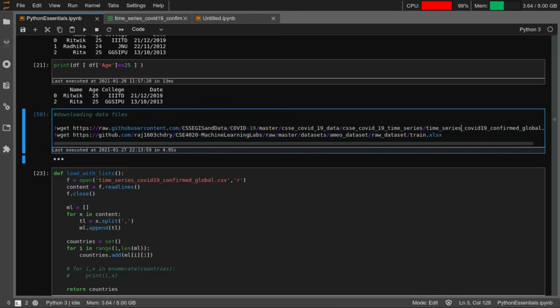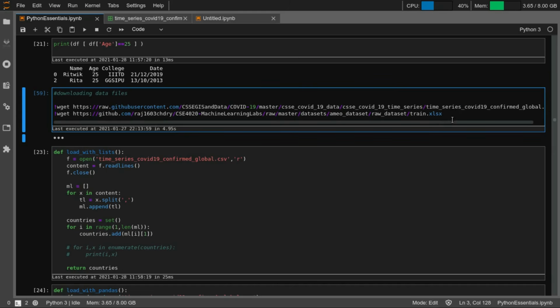Here we are downloading a CSV file that contains time series COVID data. And here we are downloading another XLS file which has some tabular data around certain employees of a company, and their salaries and such information.